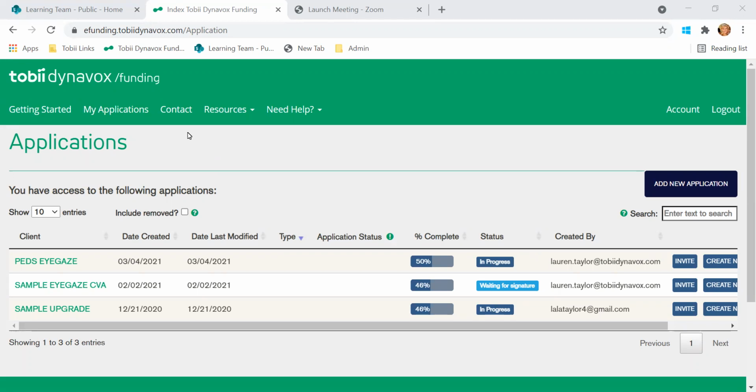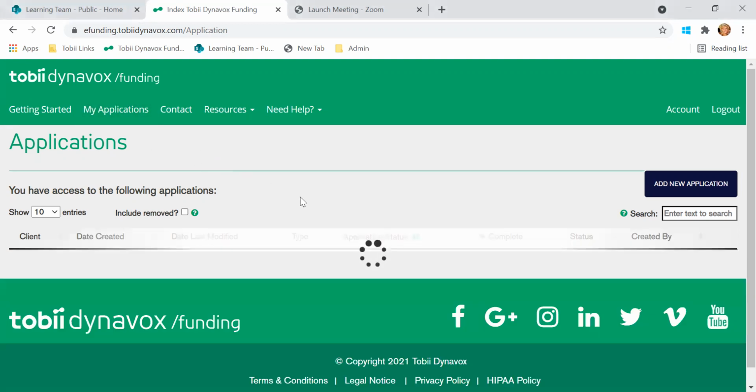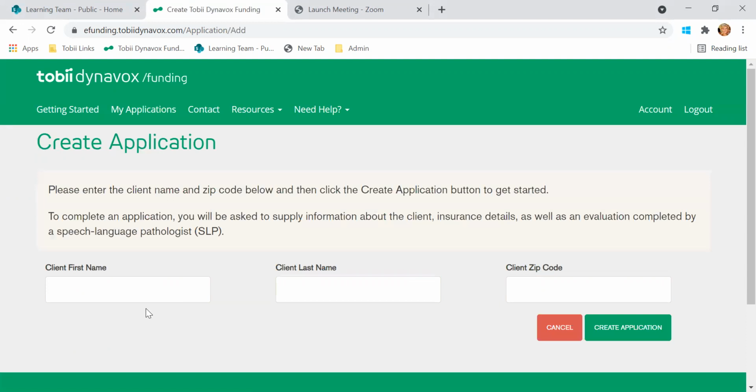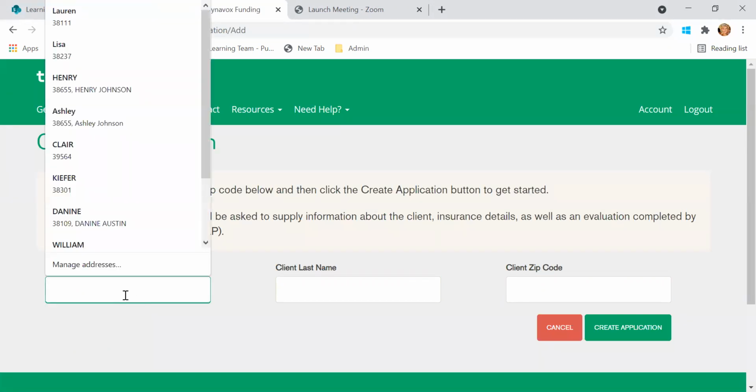I just wanted to go over a couple of things in our e-funding website today, specifically to walk you through creating an application and making a report for a patient with ALS. So what we're doing here is I'm on the home page and I'm at my applications. I'm going to go here to the right-hand corner and click Add New Application. And now I'm just doing a mock